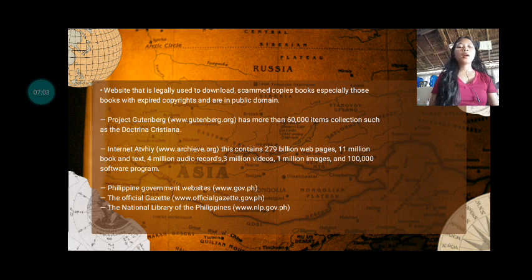We also have the Philippine government's websites, which are www.gov.ph, the Official Gazette, www.officialgazette.gov.ph, and the National Library of the Philippines, www.nlp.gov.ph. So the difference between the National Library of the Philippines, the Archives of the Philippines, and the internet is